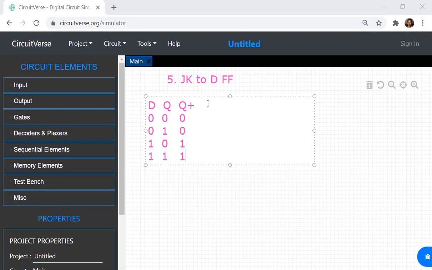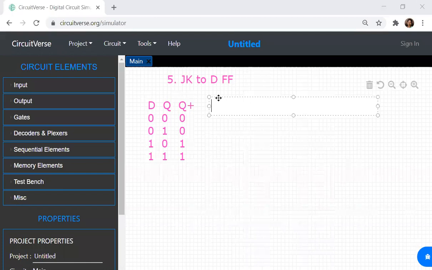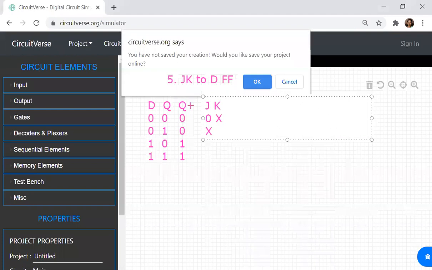Next, what is the flip-flop we require? We require a JK flip-flop. So I have to write JK. Now how will I write JK? JK depends completely on your inputs Q and Q plus. Now if Q and Q plus is 0, 0, what is the value for JK? It will be equal to 0 and X. 1, 0. If it is 1, 0, this will be equal to X and 1. In the previous table, I have shown this. Okay.